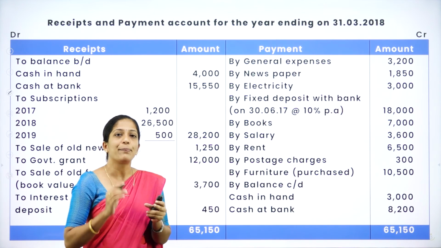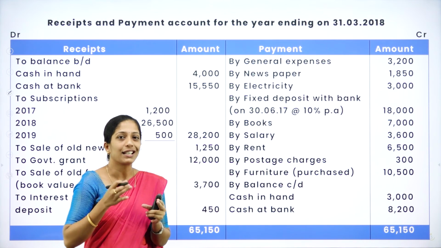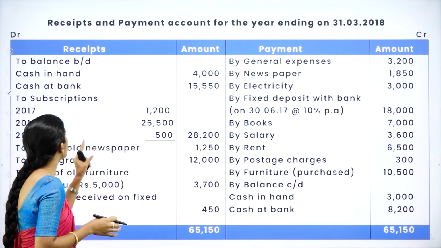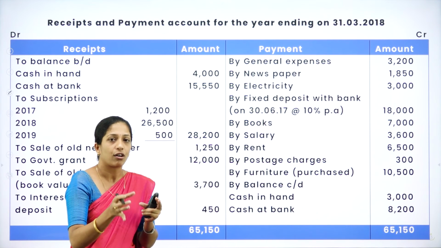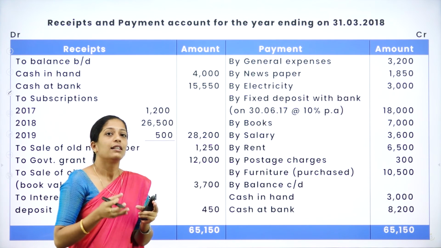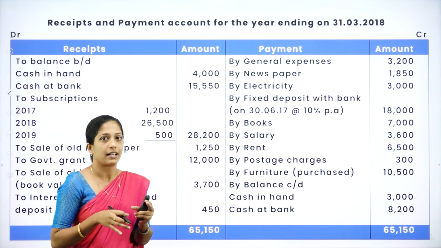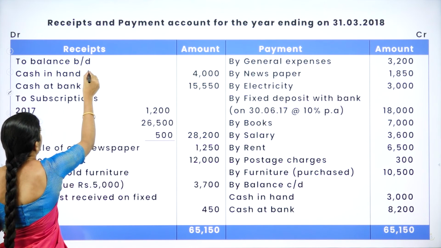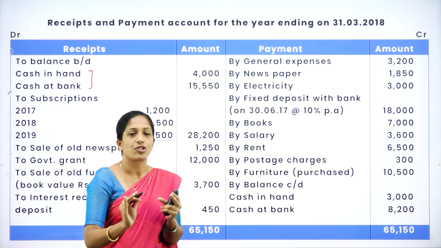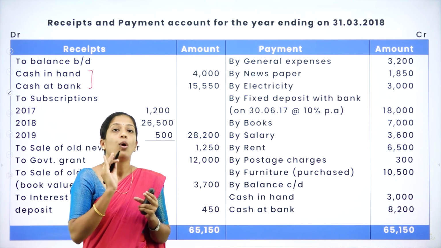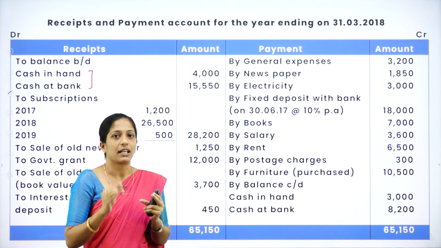As I told, the main purpose of the receipts and payment account is to know the closing cash in hand and closing cash at bank. Here it has begun with the balance brought down, in the sense that they have given the previous year's receipts and payment account balance. So this is the previous year's cash in hand and cash at bank which has been forwarded to the current year. It doesn't belong to the current year; it belongs to the previous year. So when we are preparing the opening balance sheet, as I told, first we have to prepare it in order to see the balancing figure, that is, the capital fund.